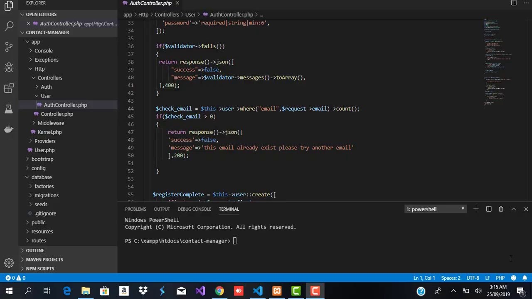Welcome guys once again. In the last video we basically created our auth controller that was going to handle our login and our registration. And for this video we are going to be